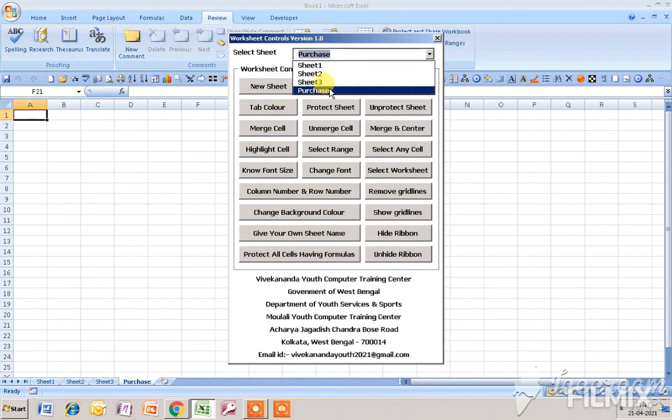Now suppose you don't need this particular worksheet that I have just renamed, you can also delete it. If I click on this button, that is delete sheet, then you can see the worksheet that I have just renamed has been deleted completely.